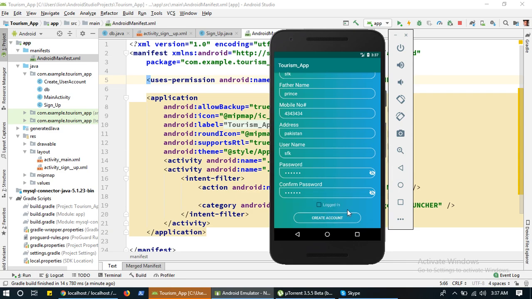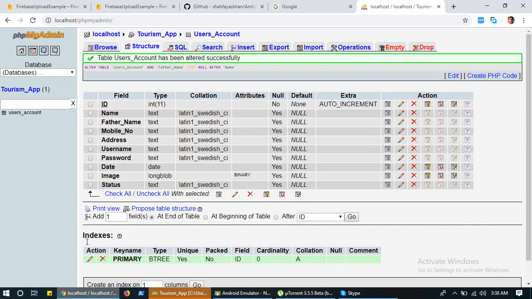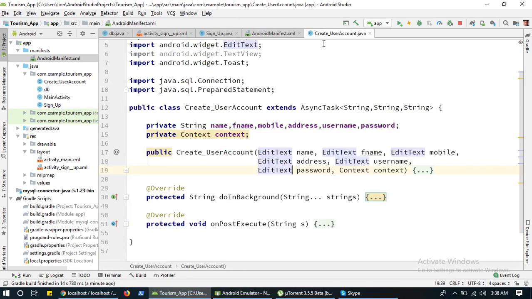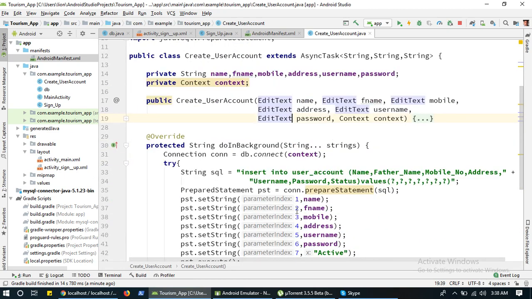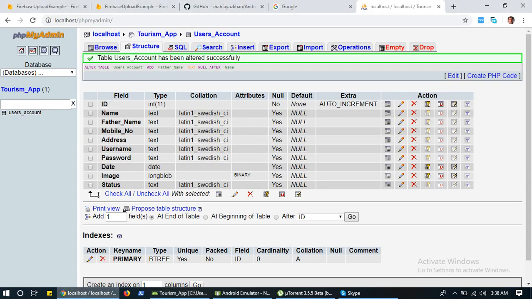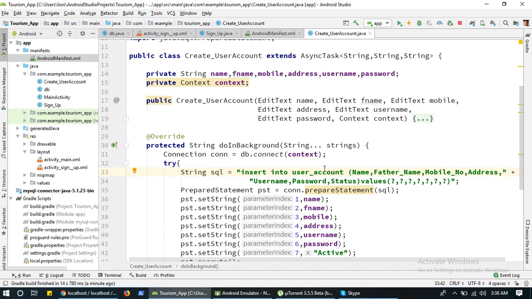User account does not exist, so I think there are some errors in the queries going on in the background. Okay, so here as you can see, the database table name is incorrect. Here I just used user account, but you can see here it is users account, so I just add s here. Okay, so again run our program